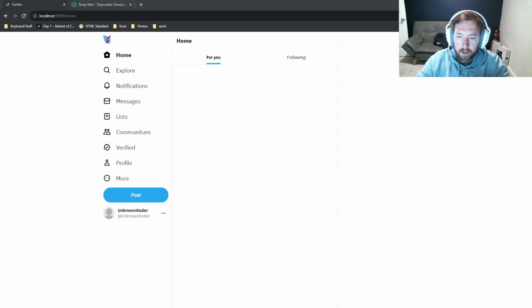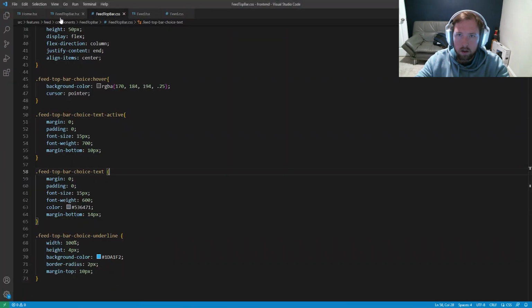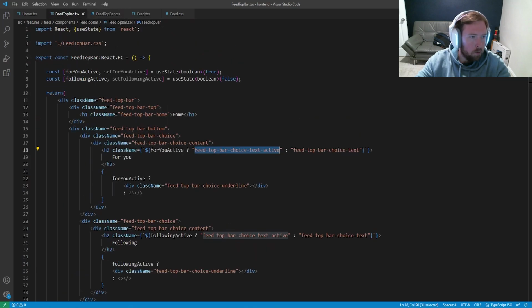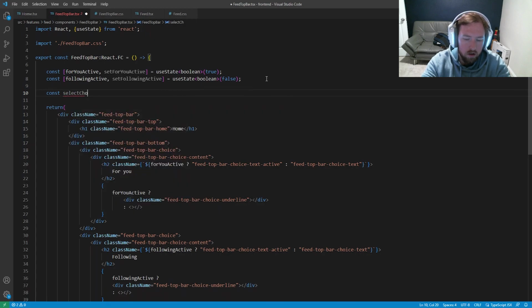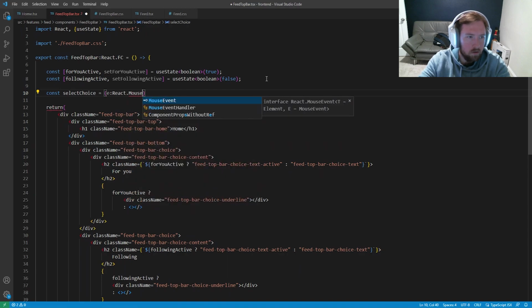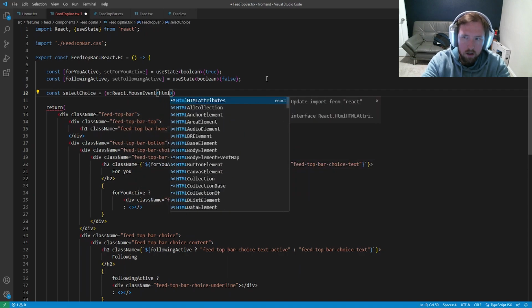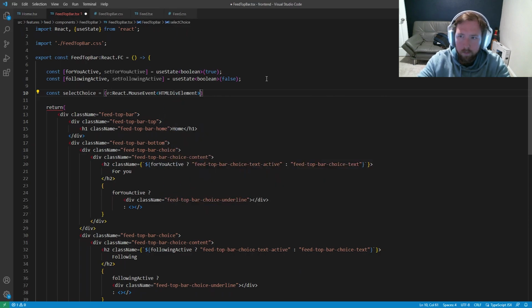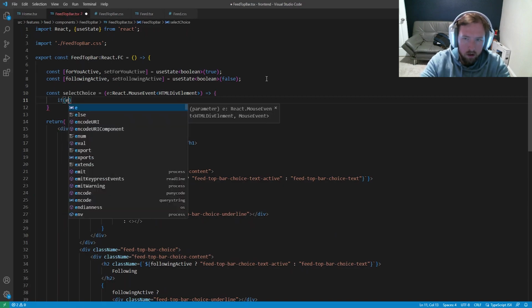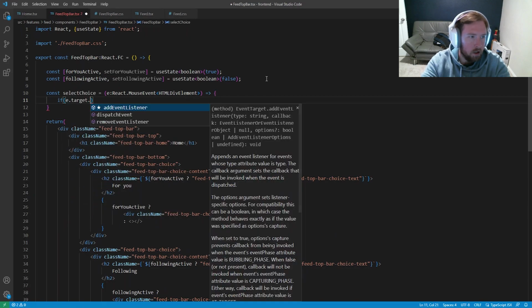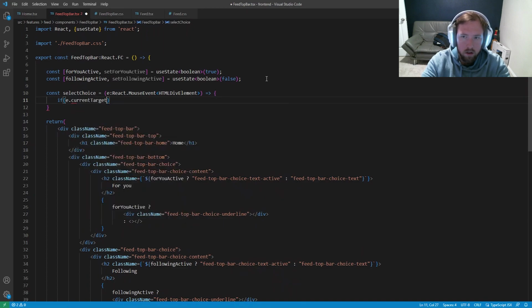So now let's go back into our code. And now we go into feed top bar. And what we're going to go ahead and do is make a new function. So const selectChoice is equal to e: React.MouseEvent<HTMLDivElement>, and then we'll do our arrow function. And now we're going to go ahead and say if our e.target.id, or actually we're going to say e.currentTarget.id